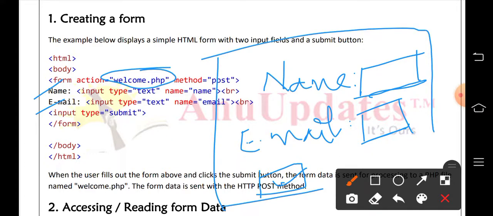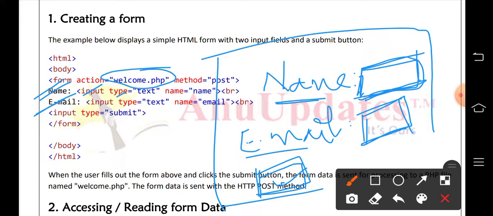For that we have two labels, name and email. Here you can see name and email, and the input tag is used to take the type of this label as text. In order to get this text box, we write type is equal to text, and name, what it should accept, name. Similarly, the second one should accept email, and then finally input type is equal to submit, one submit button. This is the simple form we are creating, and this is the example of creating a form.